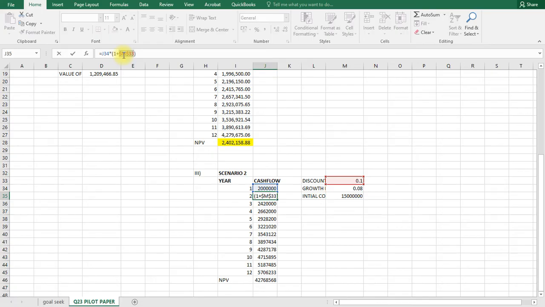J34 is the one that will grow, and I will enter that, and I will autofill all of that, and already it has changed my NPV. My NPV will be wrong, so my NPV in this case will be equals to